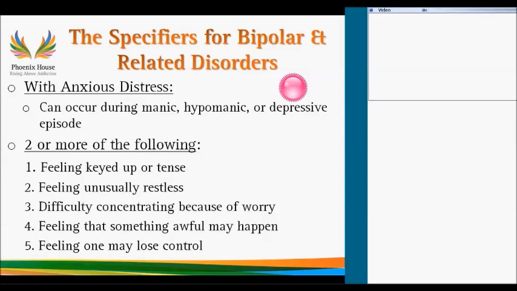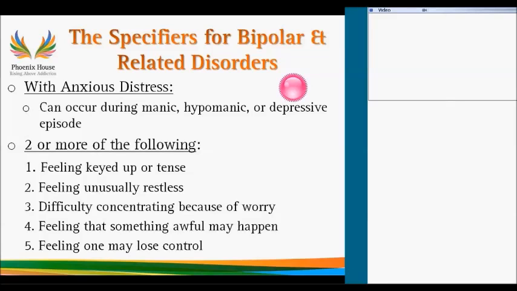What I have here, and I believe at least one person had alluded to a question like this earlier, is an example of the type of specifier that is often seen with people with bipolar disorder. One of these specifiers that I've talked about is anxious distress. Under bipolar disorder, it tells you how to go about diagnosing with anxious distress. The idea is that anxiety can occur during manic, hypomanic, or depressive episodes, so it can occur under any mood episode.